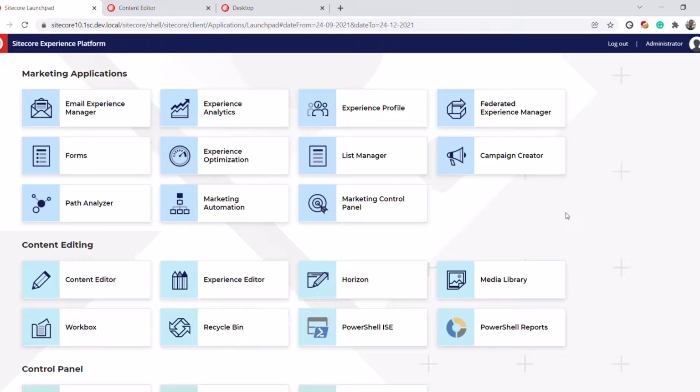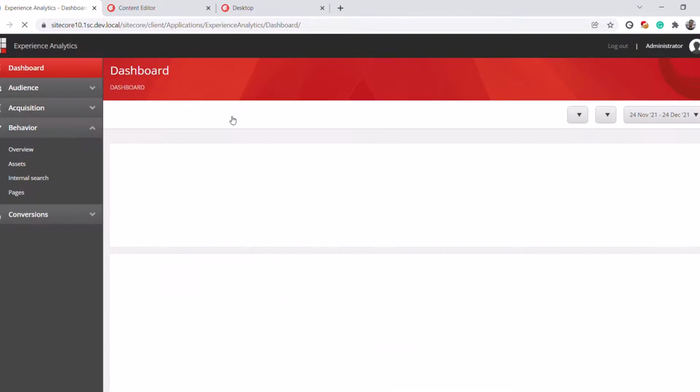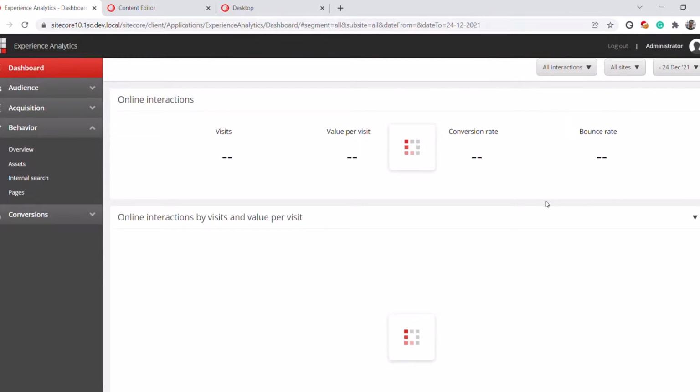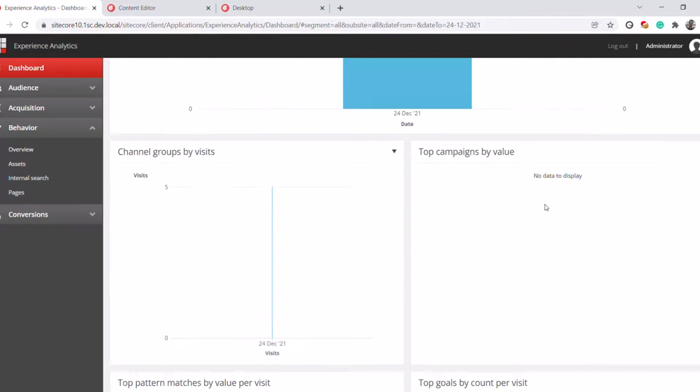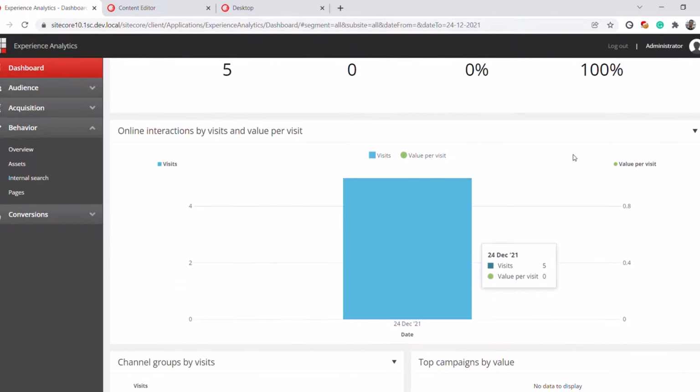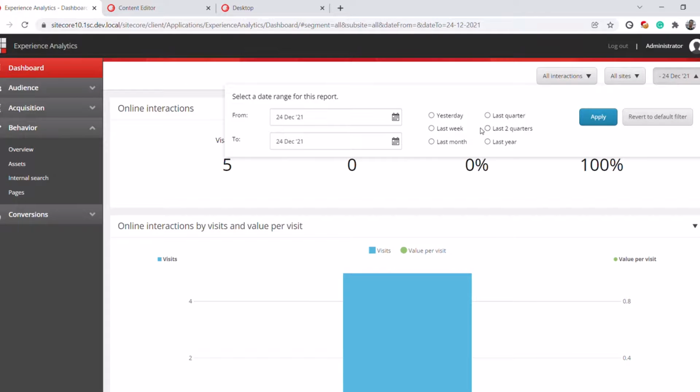So now I am on the Sitecore dashboard, and let me open the Experience Analytics. And if I filter the record, let it open. Okay, so this is just showing the data of 24th of December, because I have set the filter of this date, and this date will show which pages I have hit over there.